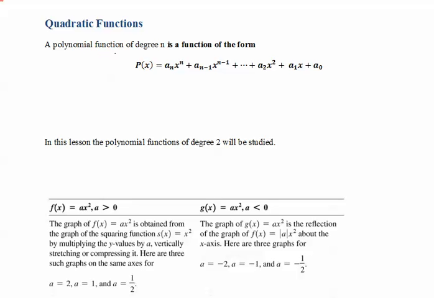A polynomial function of degree n is a function of the form p of x equals an x to the n plus an minus 1 x to the n minus 1, and so on, all the way to a0. an, an minus 1, and so on are coefficients, just numbers, real numbers most of the time. So for example,